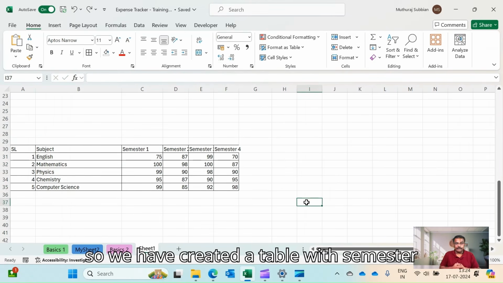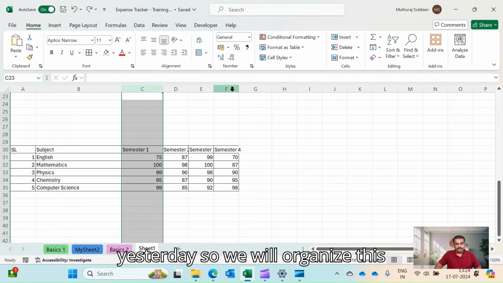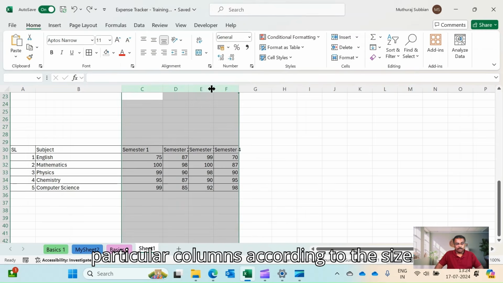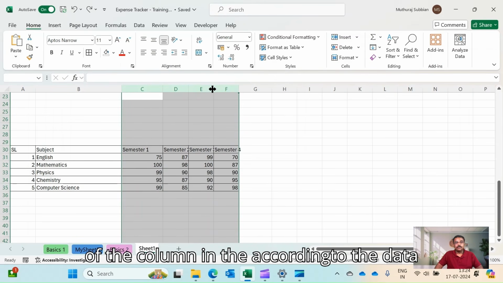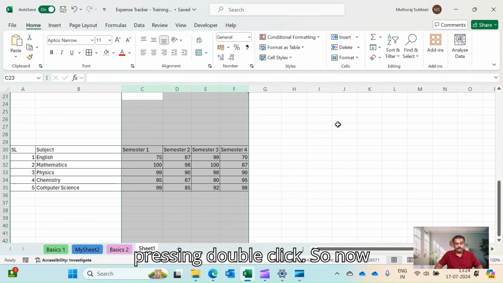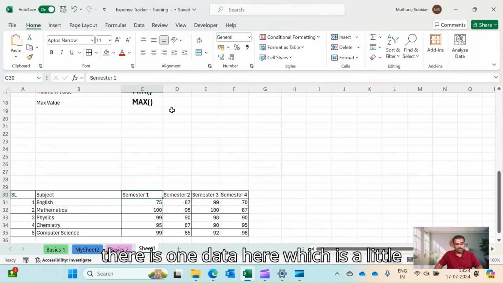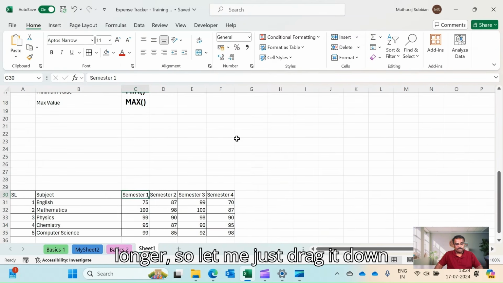So we have created a table with semesters for more marks. As we have learned yesterday, we'll organize these columns according to the data size by selecting all these columns and double clicking. Now there is one data here which is a little longer, so let me just drag it down